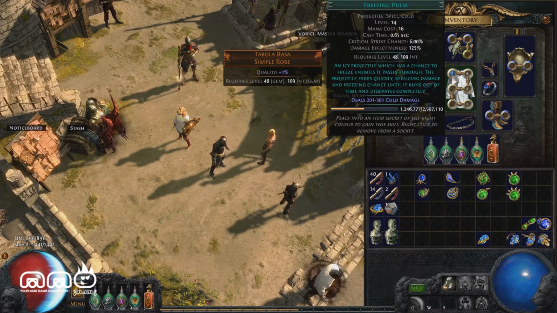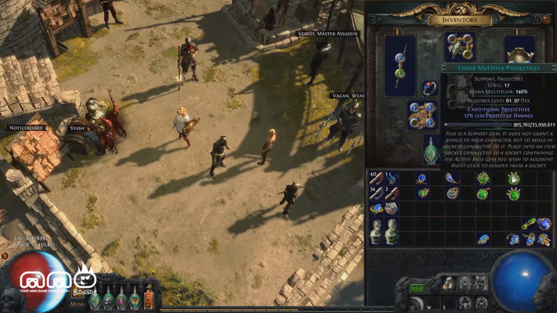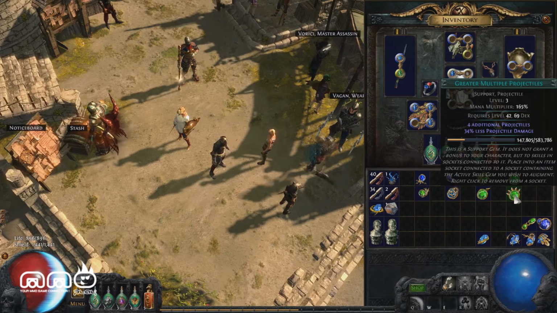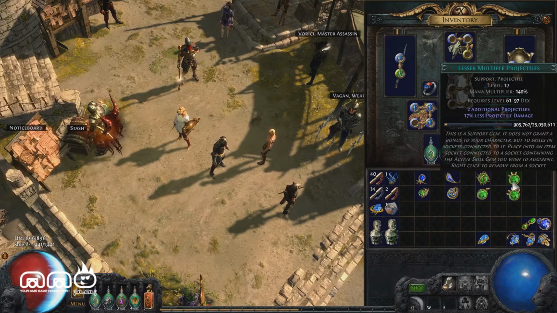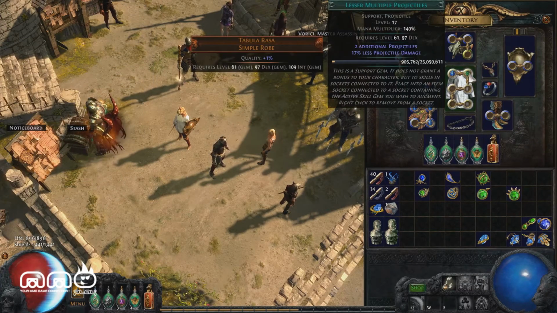So getting into it, like I said, it's a projectile based skill. Utilizing this skill, we're going to go ahead and pair it with a lesser multiple projectile. Now you can pair this with a lesser or greater if you choose to, depending on how much area you wish to cover, but greater decreases the damage output of the skill by much more than lesser, and lesser is already pretty effective. So we're going to go ahead and use a lesser multiple projectile paired with the skill, increasing